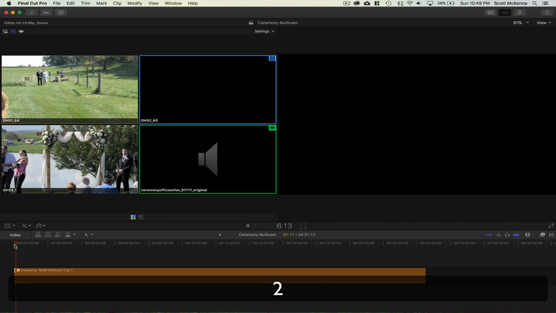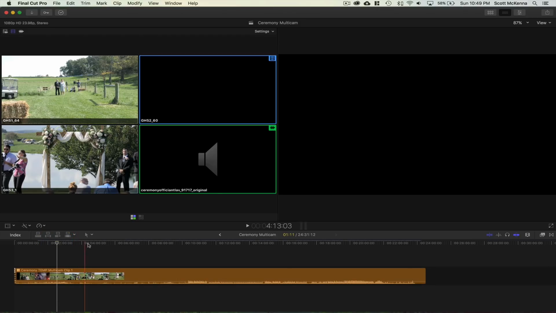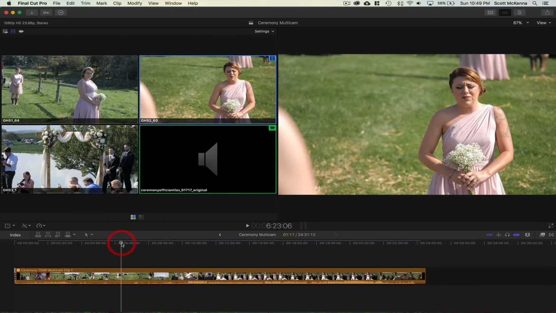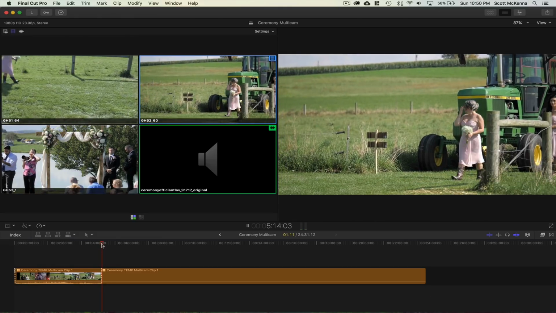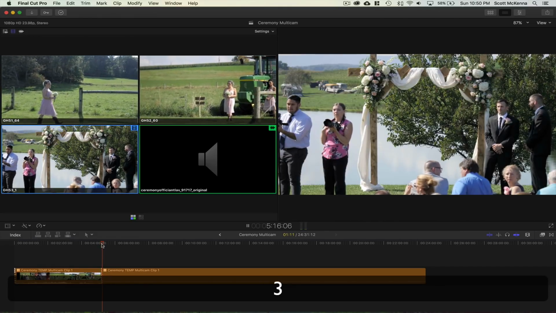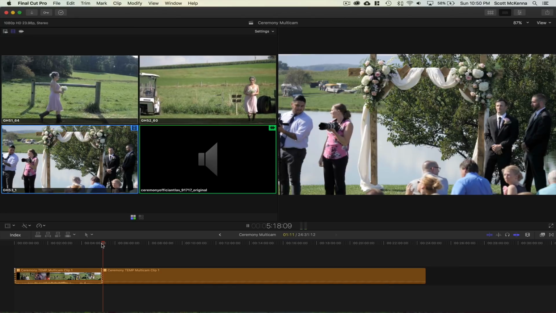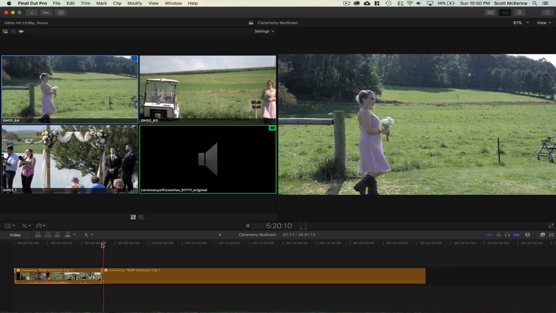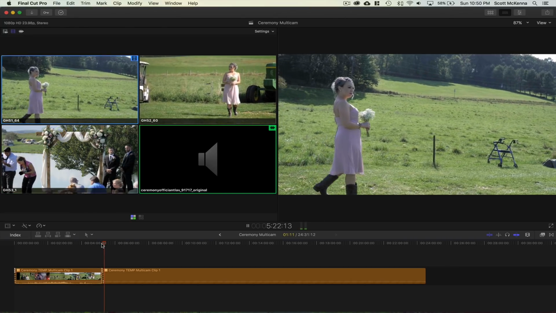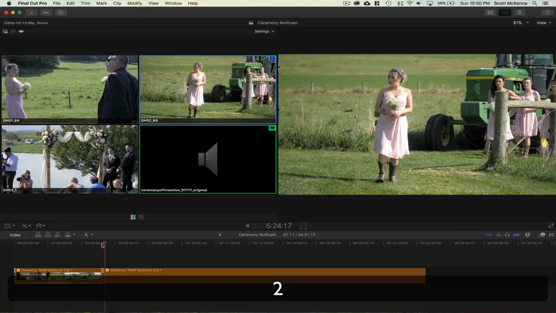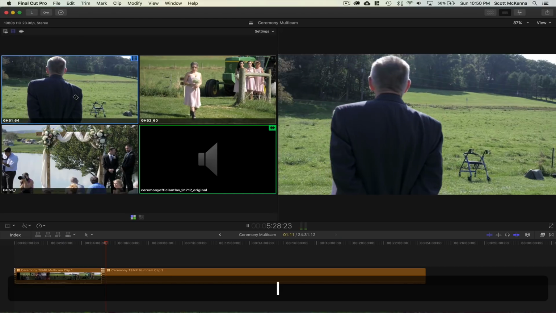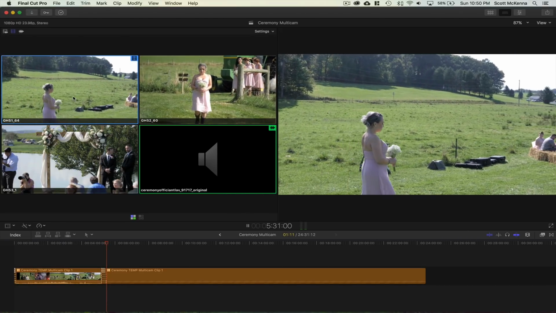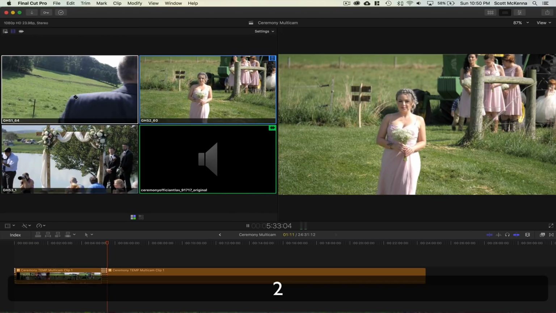So as I'm flying through here, let's just say I fast forward to where the ceremony is actually happening a little bit more here. Let's say as the people are walking here, I jump to camera 2, and then it moves. I jump to camera 3. I see that that's a good angle, whatever. Jump to camera 1. I'm following her down. I jump to camera 2 here. You can hear his audio right now is coming from the priest, because he's right there actually. He's not with the guys yet. And you basically cut through and you cut through.